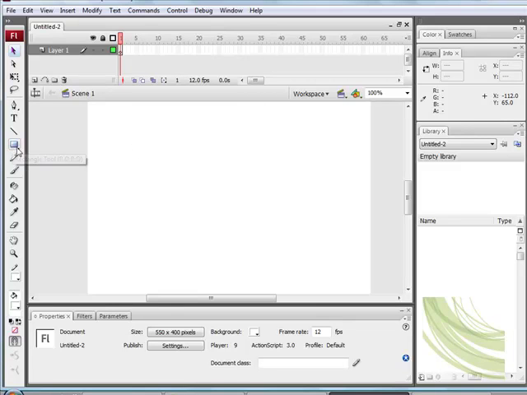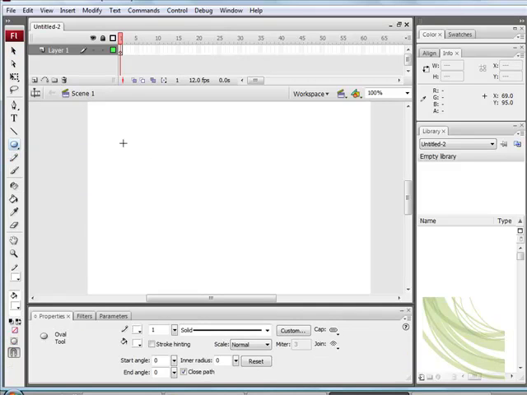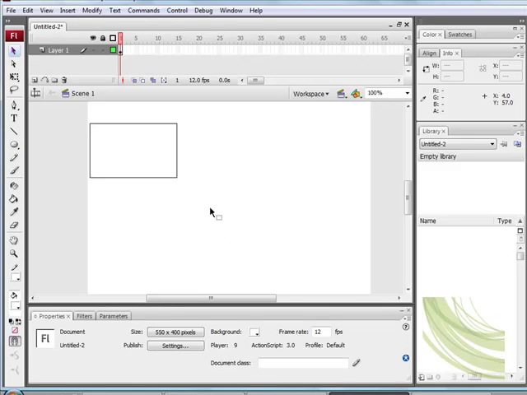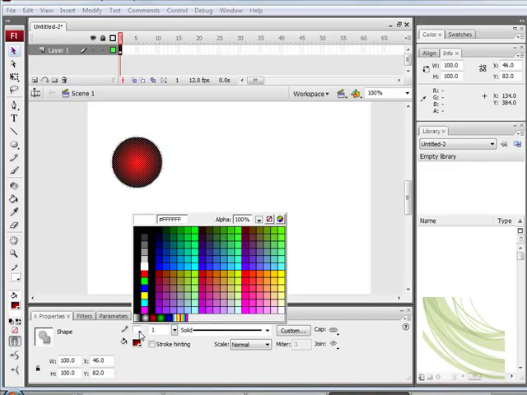So I'm just going to grab the oval tool, and I'm going to hold Shift on the keyboard and just draw an oval. Holding Shift constrains its proportions, so there you go. And it's actually white so we can't see it. I'm just going to change the color like so, and I'll give it a